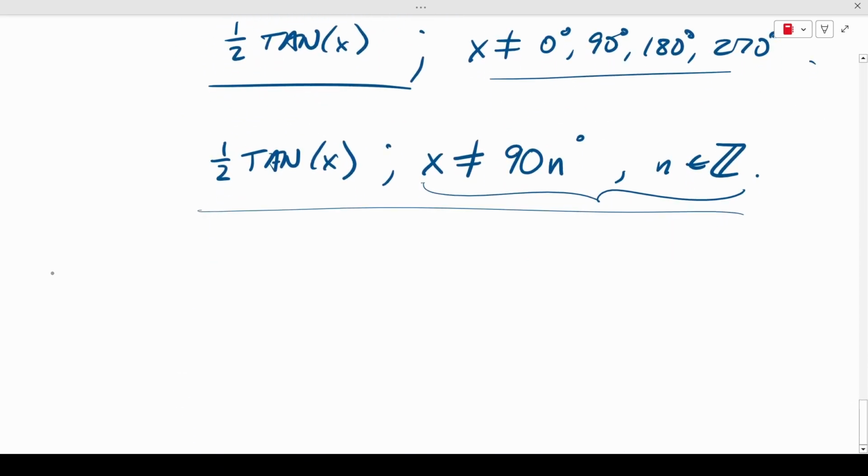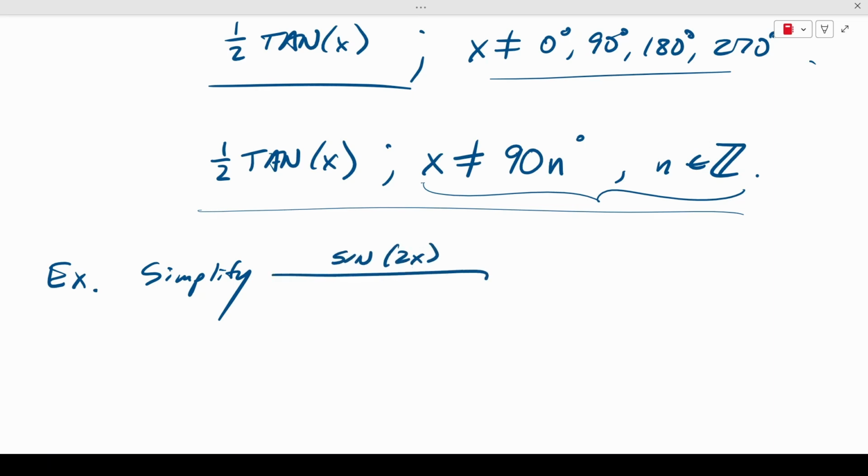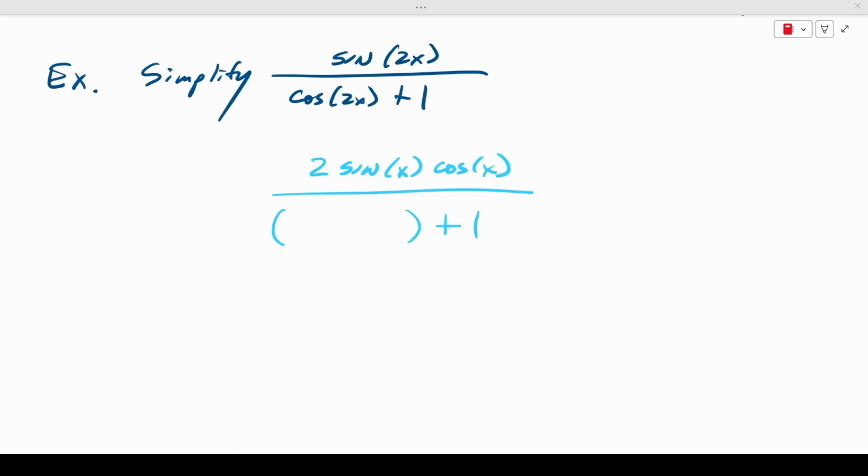Now you can go ahead and try this one. I'm going to give you something quite similar. Simplify and find the restrictions of sine of 2x over cosine of 2x plus 1. Pause the video, try that, and when you're ready, unpause and see if you got the same thing as me. Okay, so